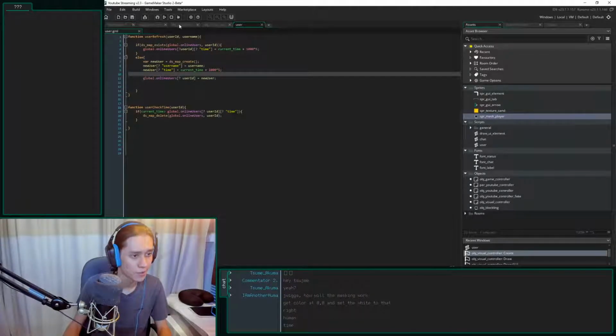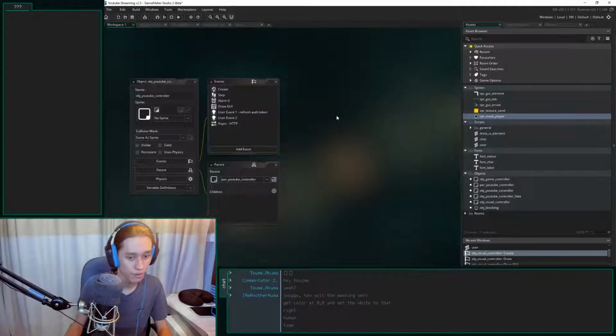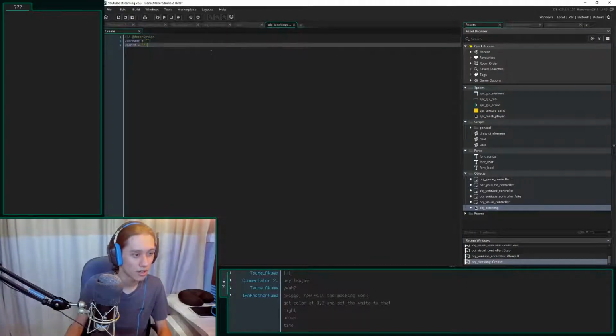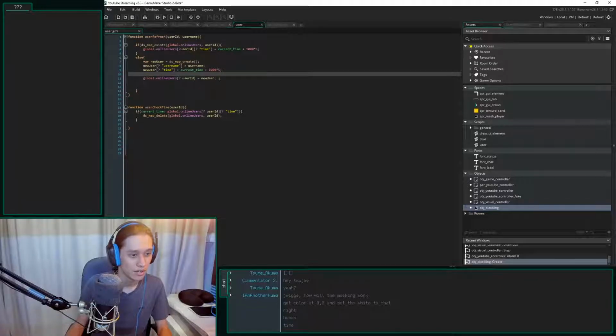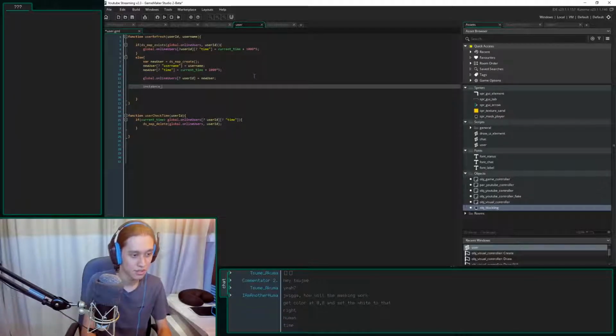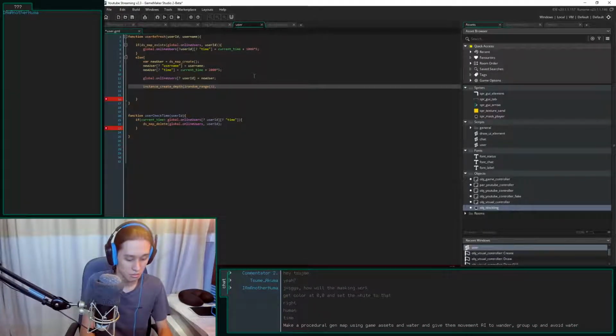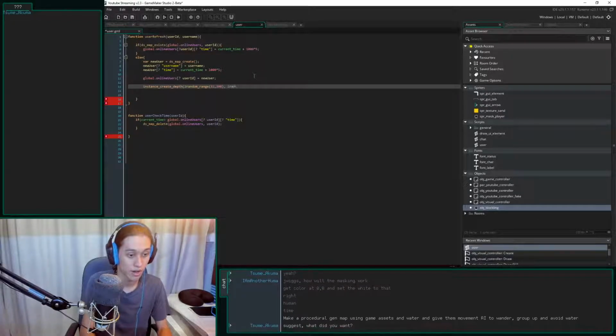We have our game controller, visual controller. We've got our blockling. Okay, we've got our blockling stuff, username, ID. Here I want to create instance. Create depth. X, I'm just going to say a random range from 32 to 200. And Y is going to be also a random range from 32 to 200.